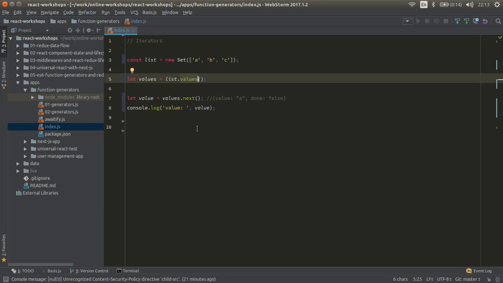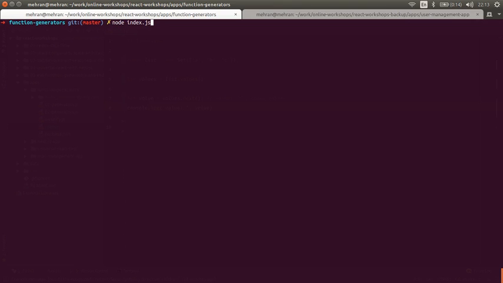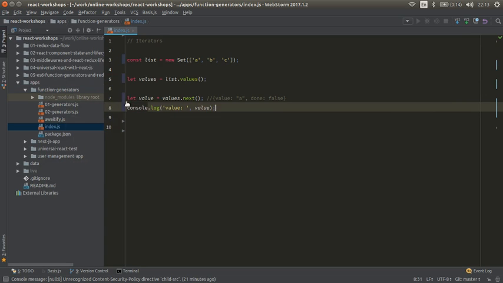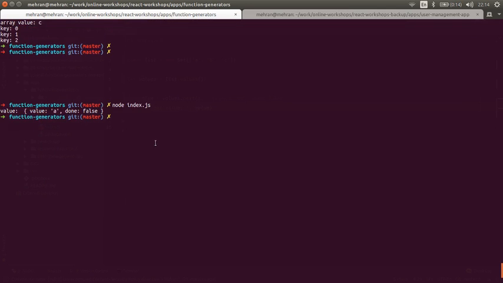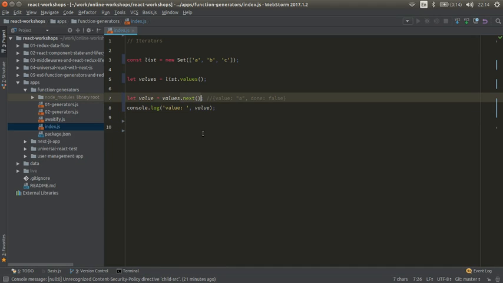And if you call dot next, let's see what we are going to have. Here we go. We have this value, and done is false. So as you see, using dot next, we iterate over the list, but only over its values